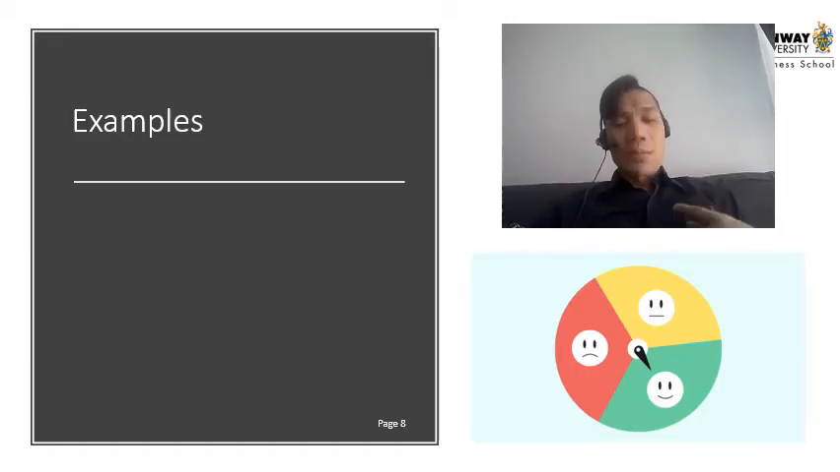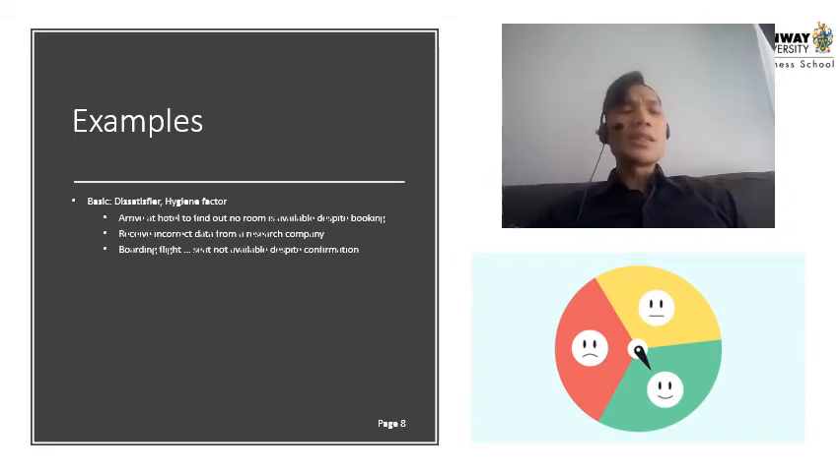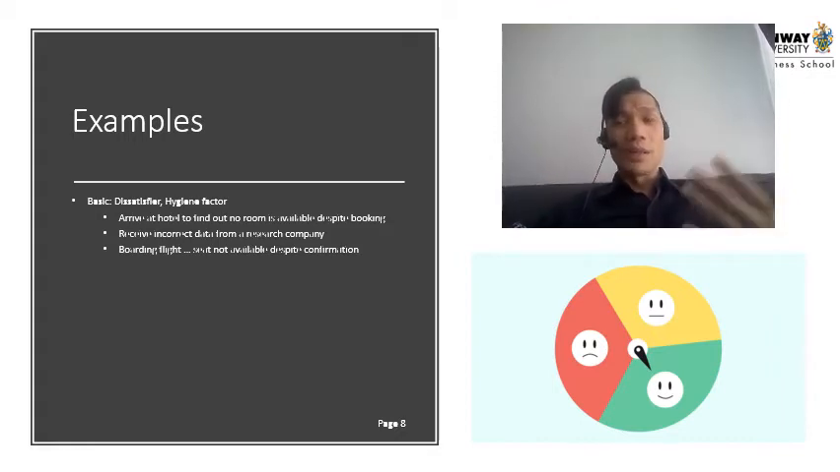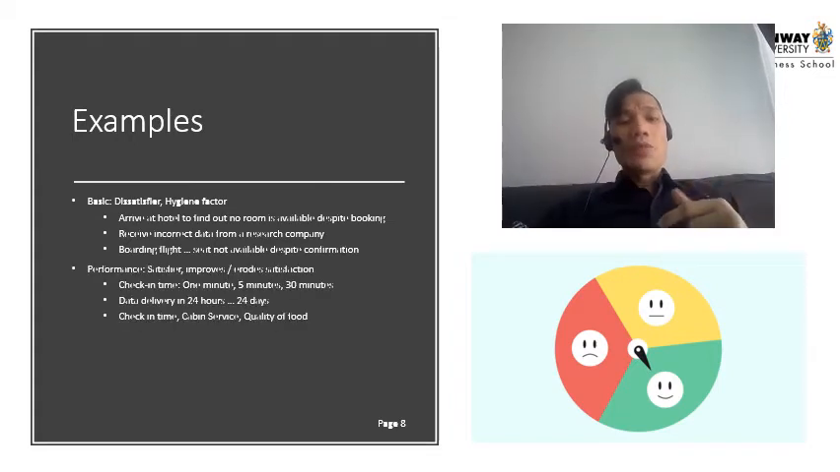Now, for example, what I mean by using this would be, if let's say you're talking about basic dissatisfier or hygiene factors in a service sector. So a customer arrives at a hotel to find that there's no room available despite the booking, receives incorrect data from a research company, or boards a flight and the seat is not available despite the confirmation. This is not very good, especially in the service industry. If you want to improve or